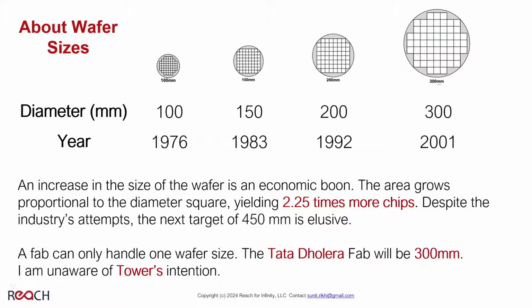So first of all, Tata in Dholera, there's enough evidence through people talking in the press that it's a 300 millimeter fab. So it'll be the largest wafer size, which means all the photos I showed you of automation and everything applies. They will have to get that. As far as Tower Semiconductor is concerned, we don't know. My guess is it's either 300 or 200, but not prior to that.